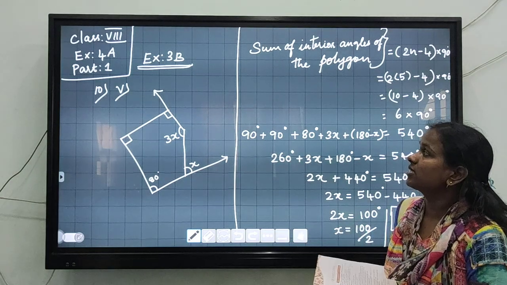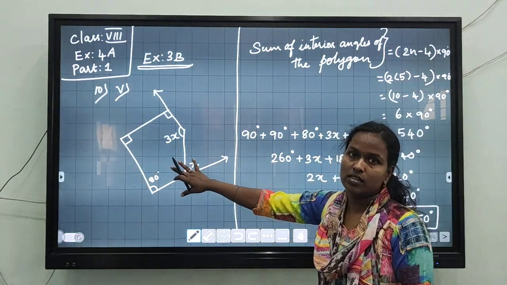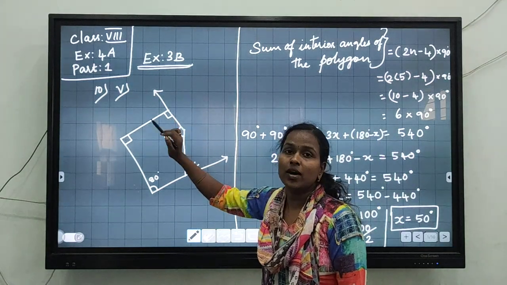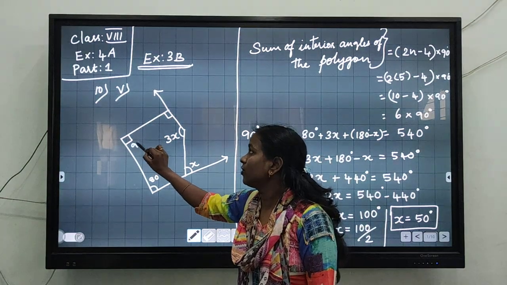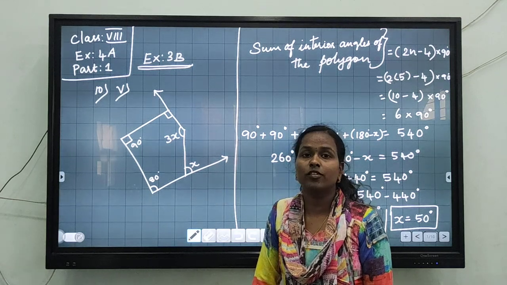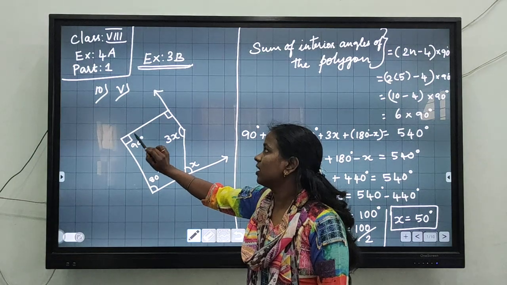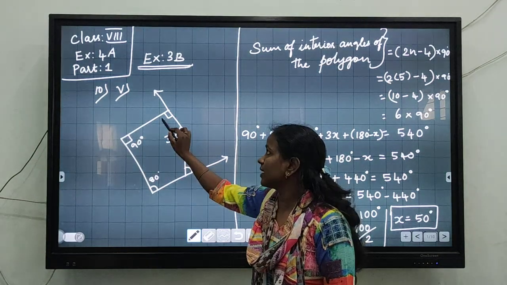Listen, this is a figure. They told to find out the x value in this. Am I right? This is the figure. I told you, in the angles, if a square box is given, it means that angle is always equal to 90 degrees, because that angle denotes a right angle. A right angle means if any angle is equal to 90 degrees. So this degree is 90 degrees.